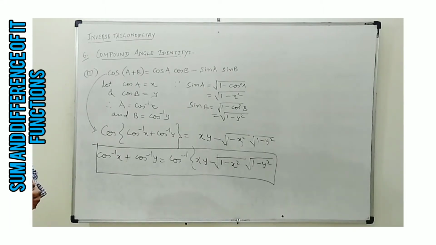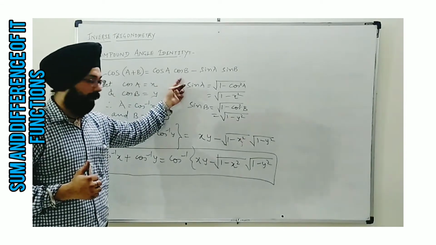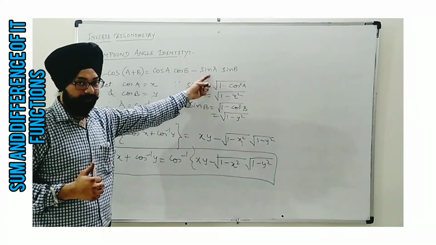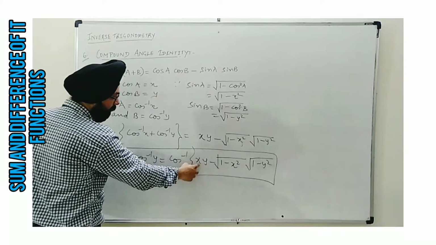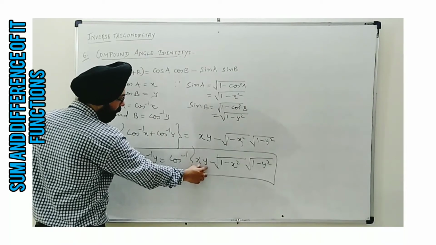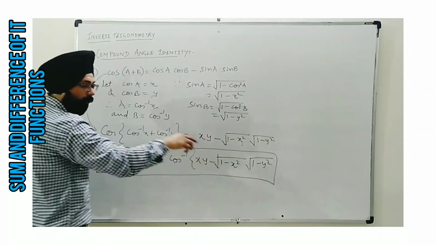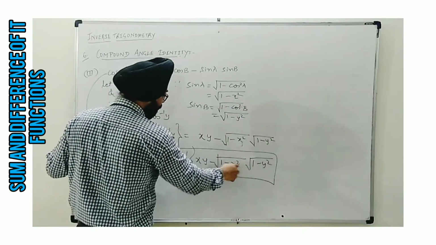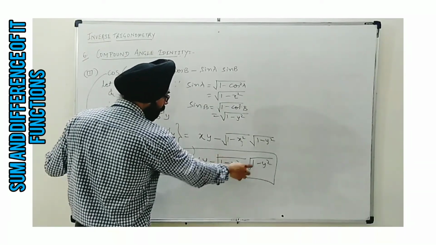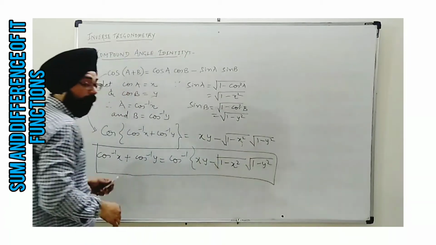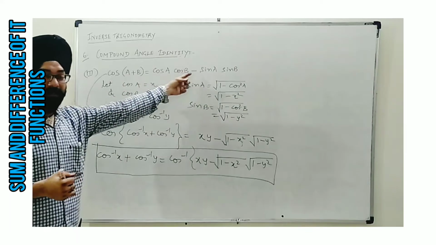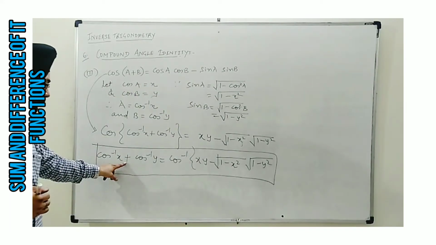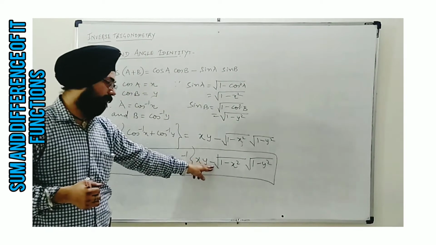Now we see the change. When it is the identity of cos, we see that both terms of cos come together, and the second term is of sin. That's why in this identity you can see x and y, the product has come in the first term, and in the second term both terms of square root are written. Means 1 minus x square with square root and 1 minus y square also with square root is written. And one more thing, when it is about cos, we are taking the sum, so the right hand side will have the opposite sign. It's an identity of addition. Here you will find a minus sign.